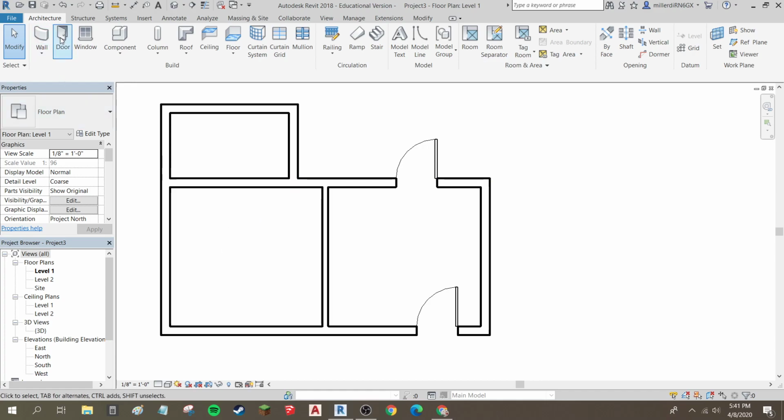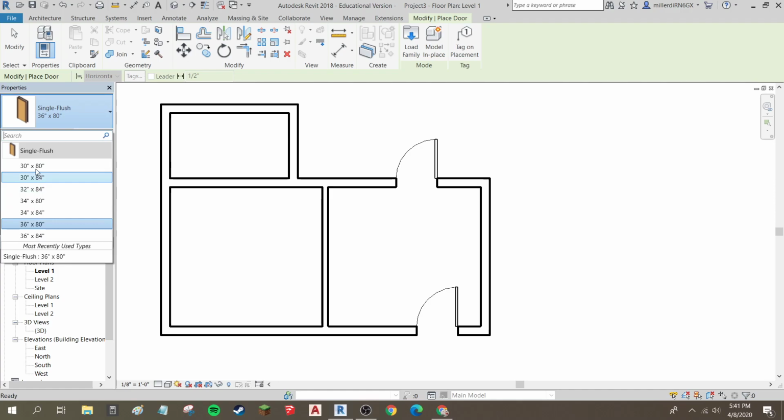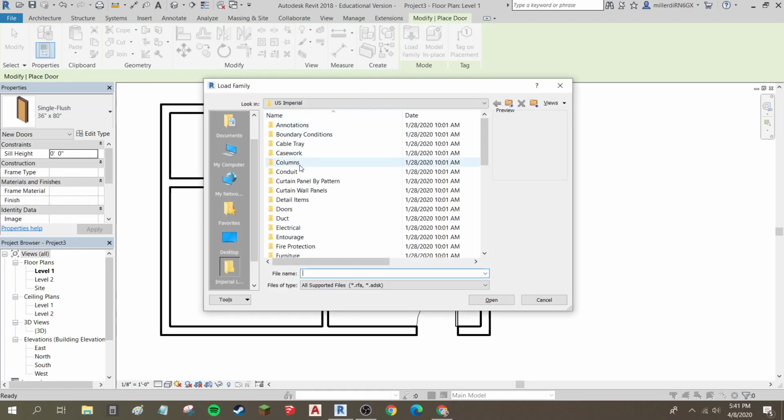So to load in a door opening, because if I go to the Door tool and look at all of my different options, there is no opening here. What I've got to do is go to Load Family, and that opens up all of the different types of families that Revit has, and they just haven't preloaded them into the program, because it would take a lot of time to have all of these things loaded in automatically, and there's no way I'm going to use every one of these things. I'm going to go to the Doors category,